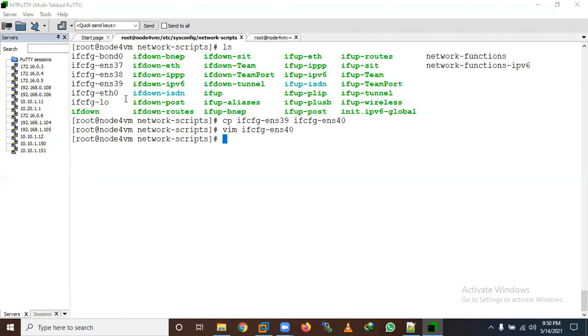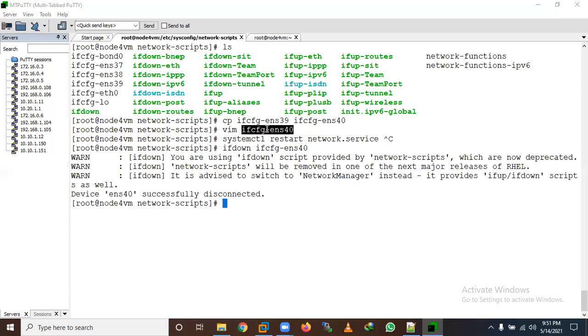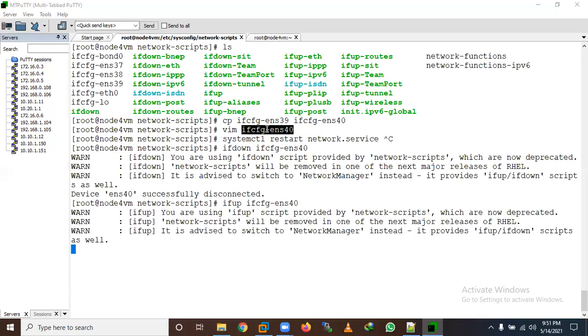Now I have two options. Either I can do systemctl restart network.service, which will restart all the networks. If you don't want to restart other networks, there is another option: you can simply bring it down with ifdown ENS40, and then ifup ENS40.